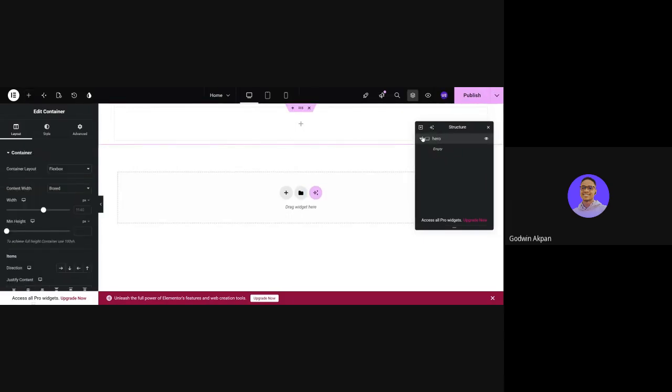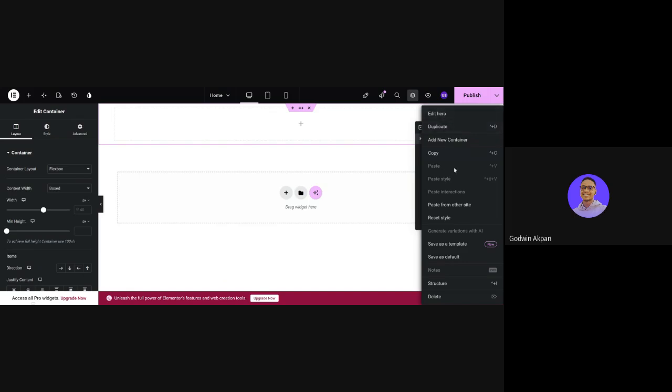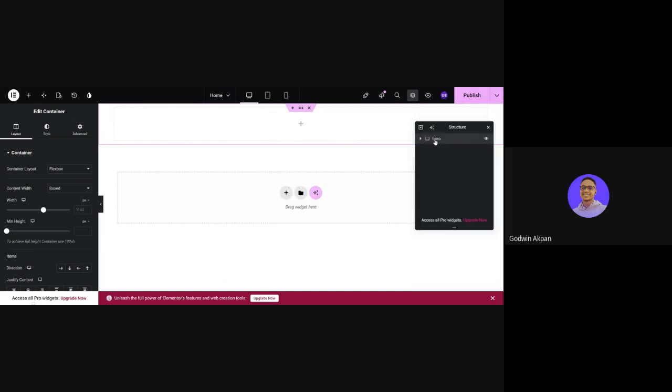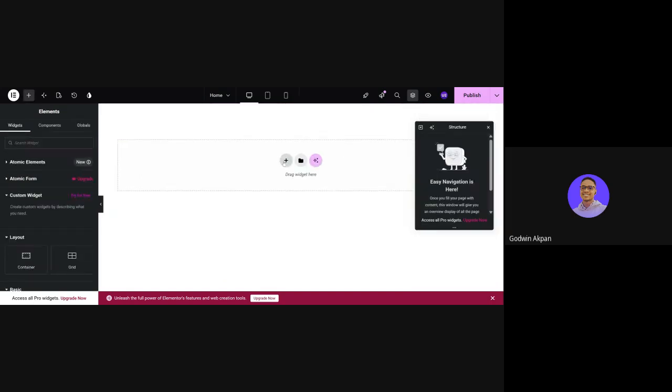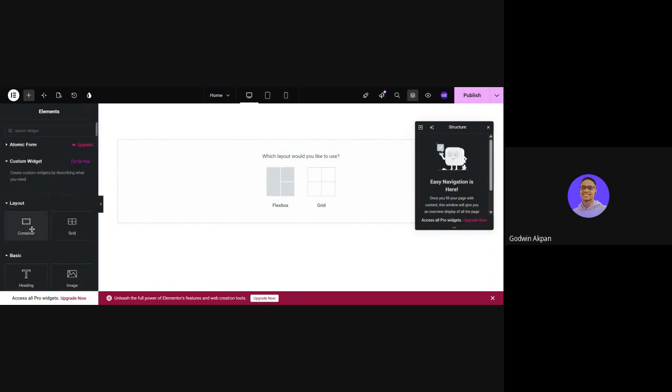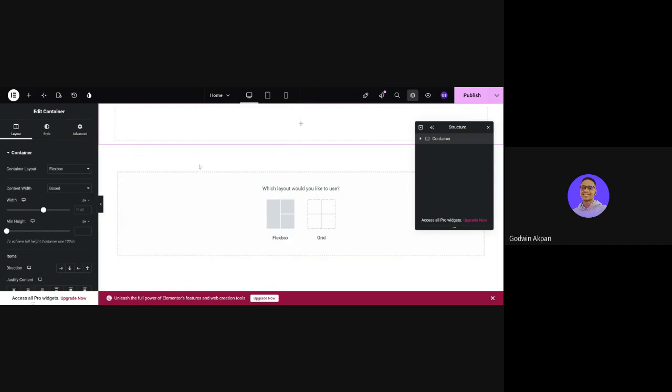So this is the container. Let me just delete it and put another one. So click on your plus button, or better still, come to your layouts, drag and put your container. Your container is where you're going to put everything that you want to hold in that section. Then